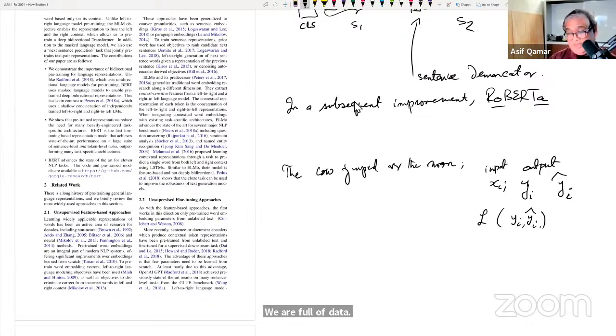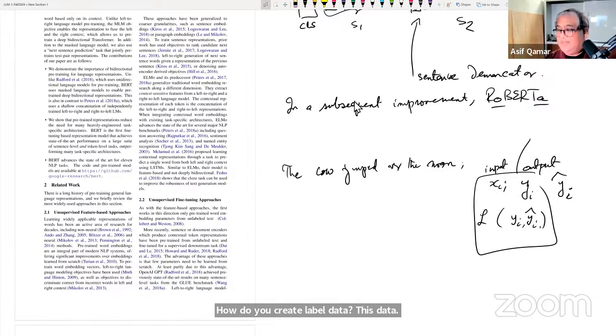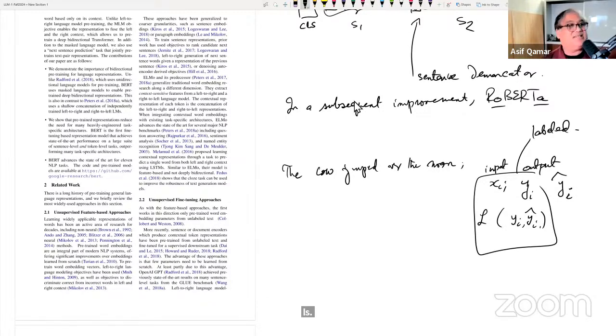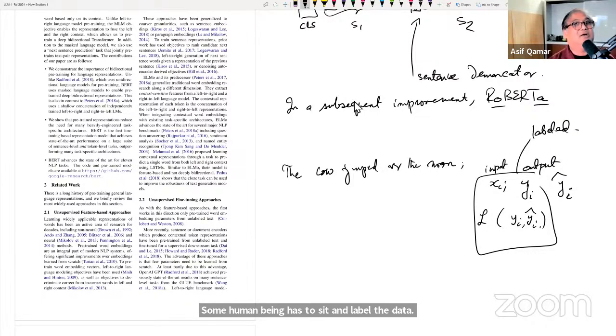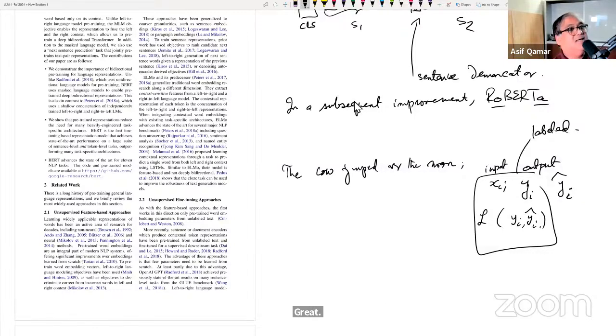But now, trouble is, all you have scraped is a lot of text. How do you create labeled data? So this is labeled data, right? Labeled data means for every xi, you know the yi. Labeling data has always been horrendously expensive. Some human being has to sit and label the data, isn't it? So obviously, you might be rich in data, but you're not rich in labeled data. Nobody is rich in labeled data, right? And so came the question, you scratch your head and you say, how can I magically transform the vast oceans of data that I have somehow into labeled data,